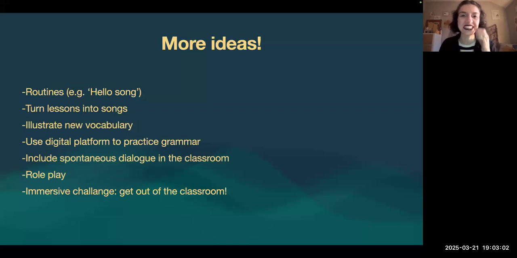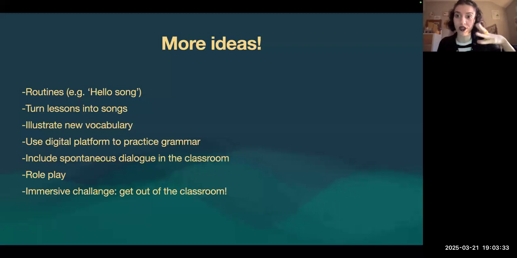So I have added some more ideas that I might like, that you might find useful. So, routines. Children, young learners love routines. An idea could be to have a hello song in the morning or in the afternoon, whenever you start your lessons, just to let them understand the lesson is starting, to give a routine, to have consistency and make them focus on the lesson instead of focusing on something that is happening outside,